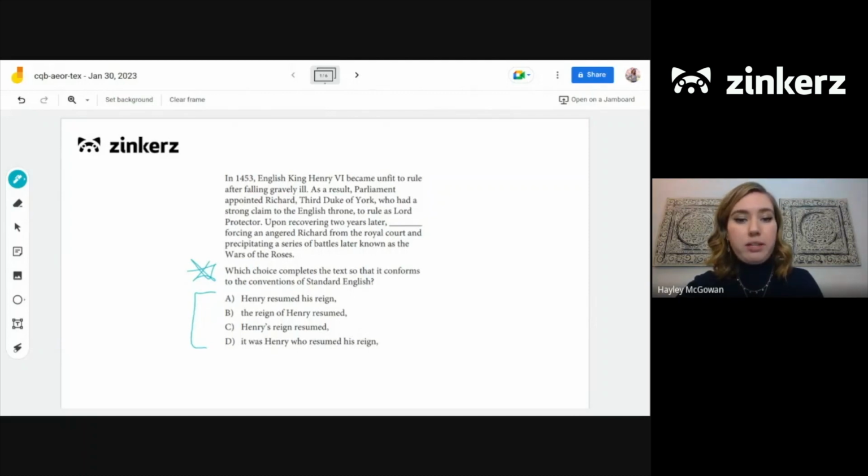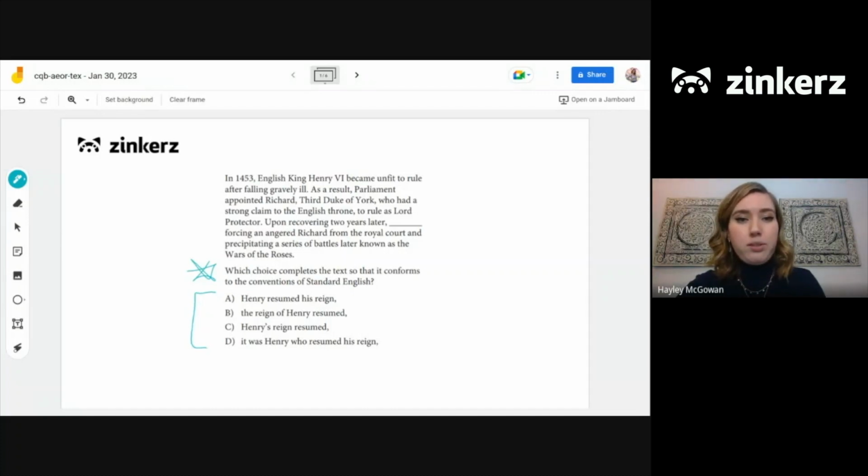So if we look at the different options, it looks like they all contain the same information, just have slightly different word orders. And looking at the passage, we can also see that in this section, we have a dependent clause followed by a comma. And we know that the subject of the sentence always needs to follow that construction. So when we're reading the passage, we need to think about who the subject of the sentence might be.